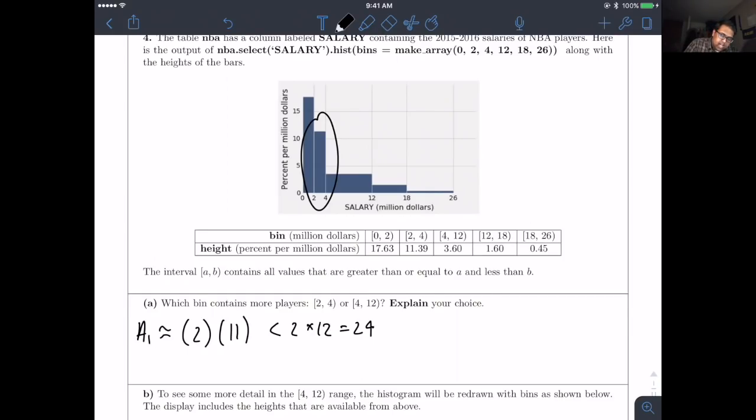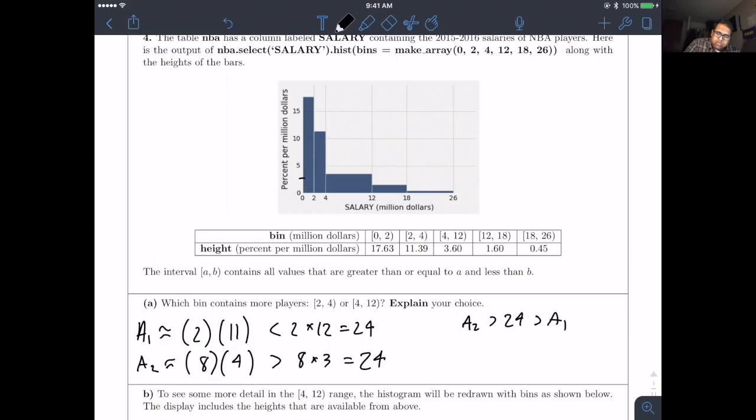Whereas in our second bin, it's much wider, of course, right? So we have 8. And then this bin is clearly greater than the 2.5 mark on the y-axis. So it's approximately equal to 8 times 4, which is greater than 8 times 3, which is equal to 24. Which means that area 2 is greater than 24, which is greater than area 1, which means that area 2 is greater than area 1,